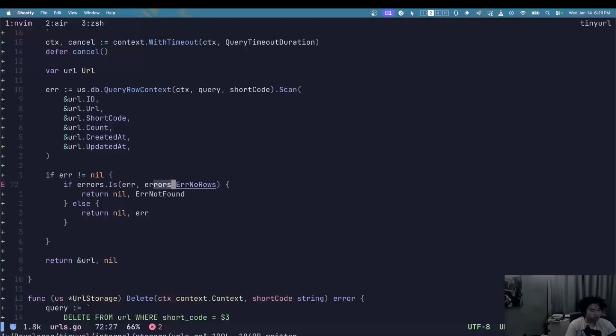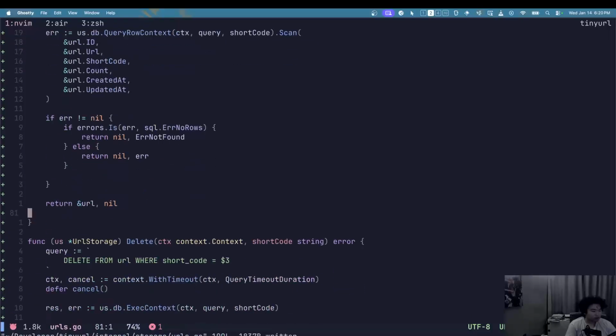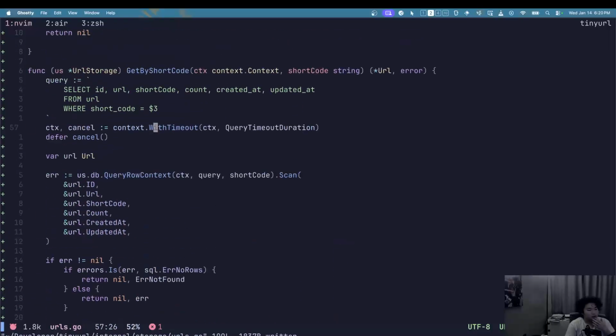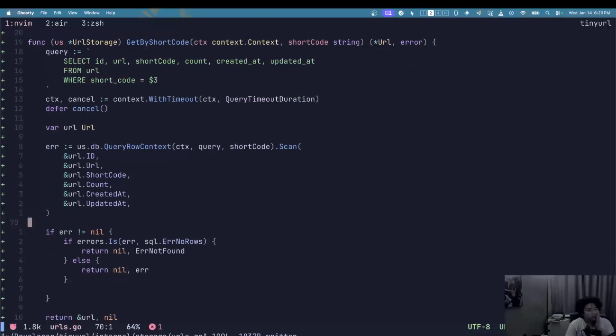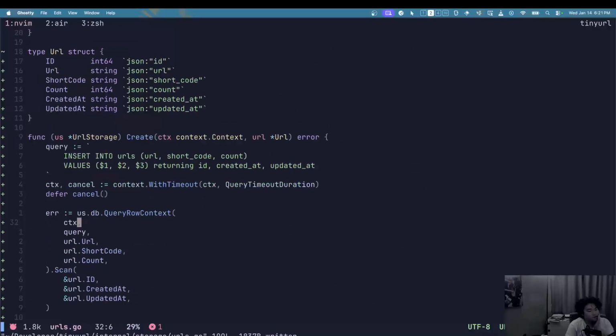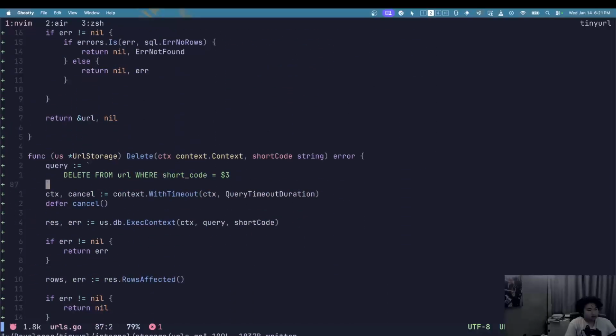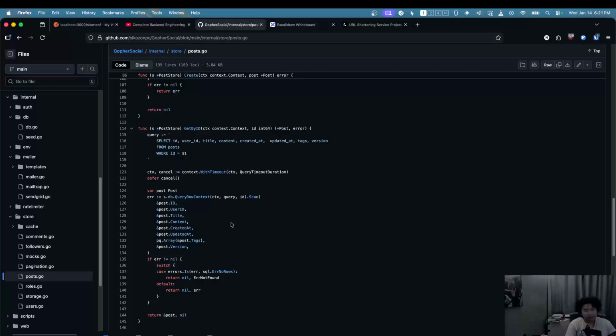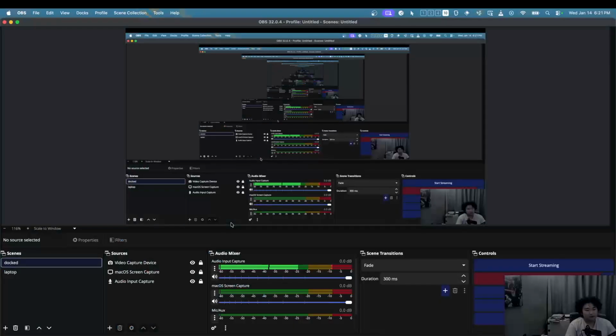Oh, this is the SQL database. Never mind. SQL database. There you go. So that's saying, okay, we're going to get by shortcode. And these are all the database queries that I write for the URL shortener. Okay, we'll test them out tomorrow. We'll try them out, and then I can fully flesh out the